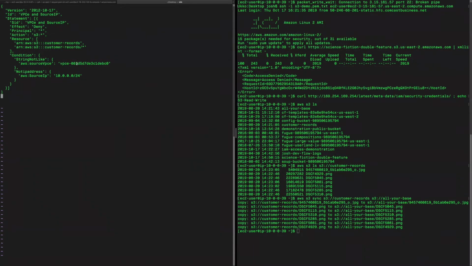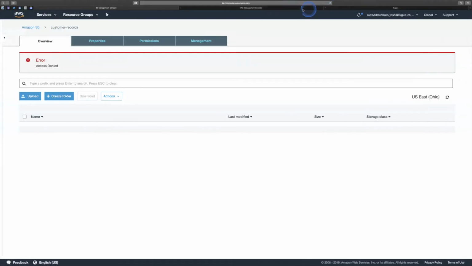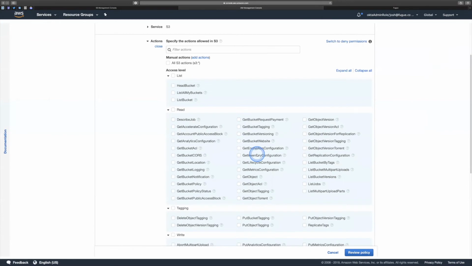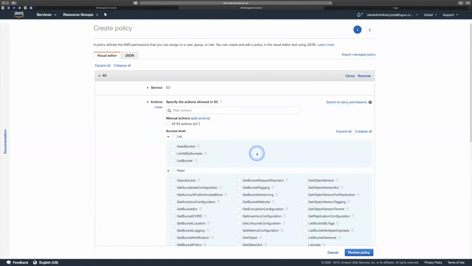So here we're saying, this is a bucket policy. We've got a deny statement. The deny is for everyone, all principals. That means anything that can act. The action is S3 anything. So it is denying all S3 activities, that whole list that I showed you here, all of these things. It's denying all of those